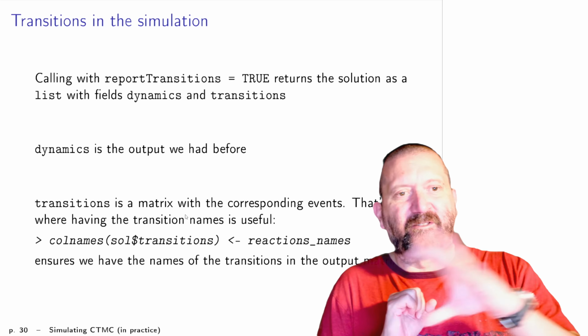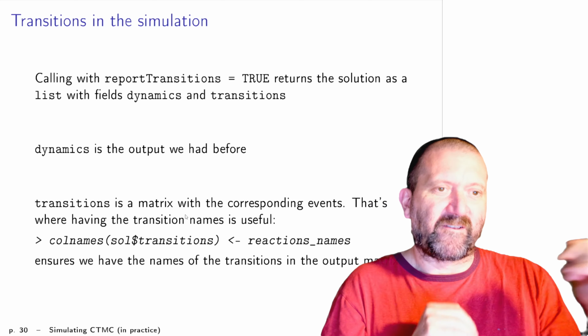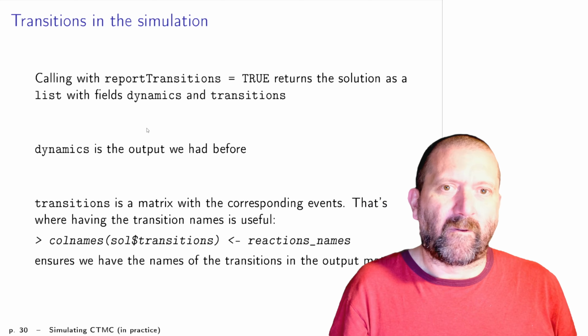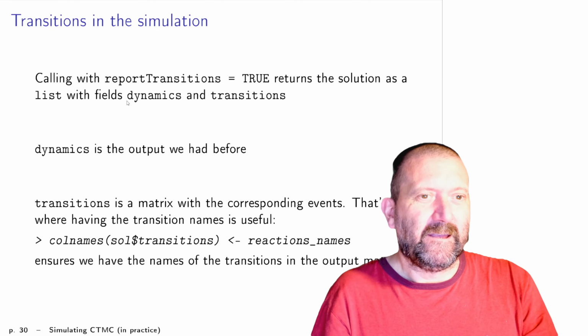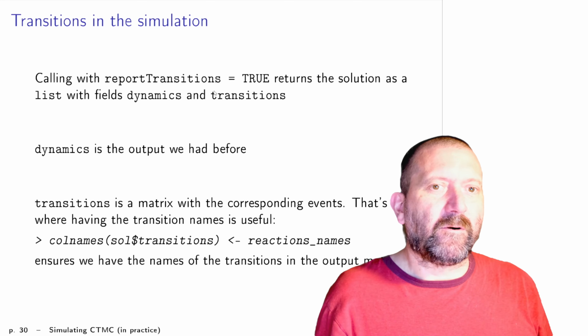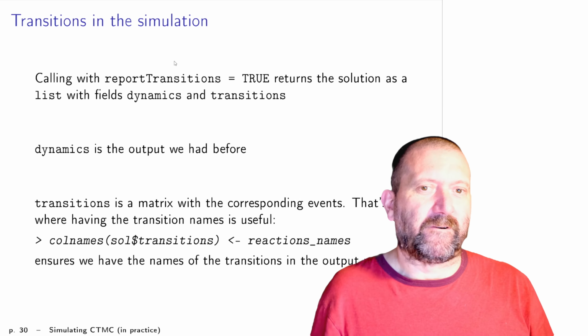When I do so, instead of having just sol being this table, sol now has 2 components. It becomes a list. It's got a field dynamics, which is that table we already had, but it's also outputting another table, transitions, which are the transitions that occurred. Okay,